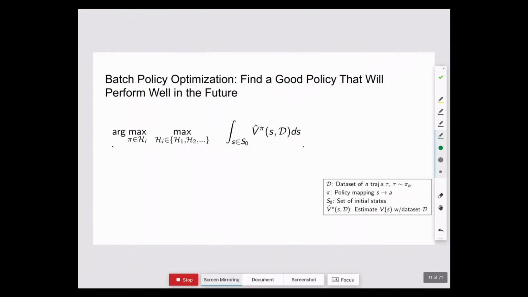And the question from a mathematical perspective is we have some sort of batch optimization problem. So what we would like to do here is think about what is the value of a policy. And this is going to be a statistical estimator. So we're going to take in a set of data, this is our data set D. And we would like to say, on average, what is the performance of this policy? And we want to pick a policy, again, a mapping from states to actions.